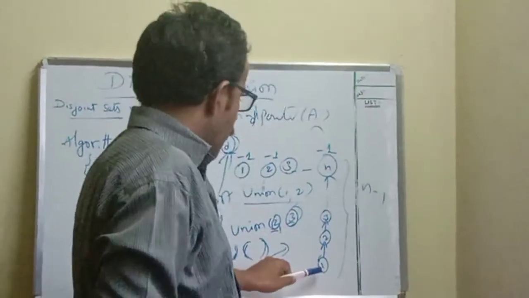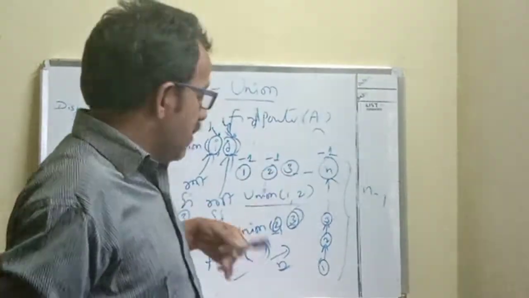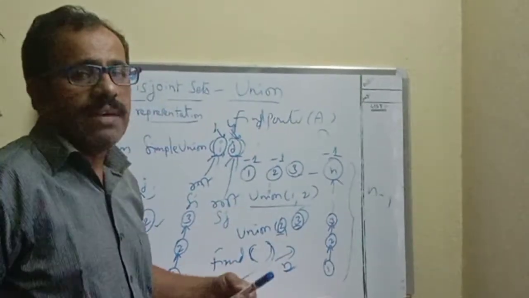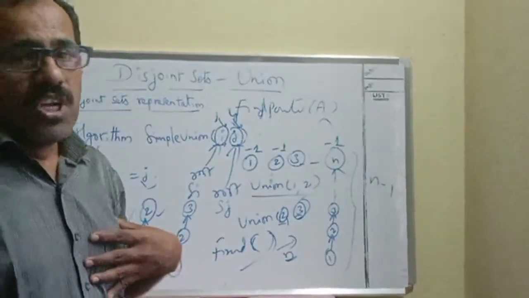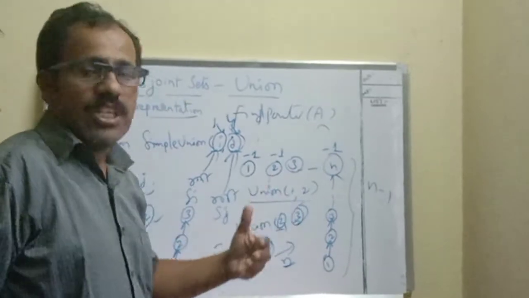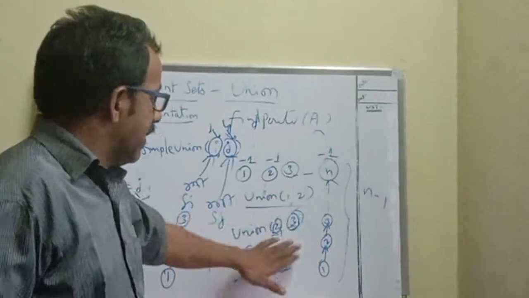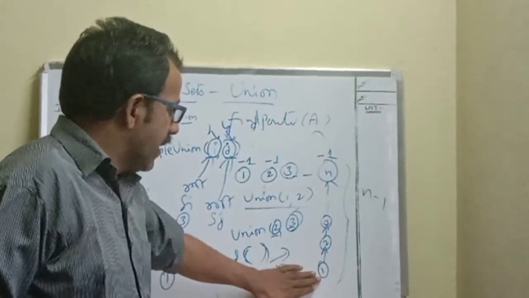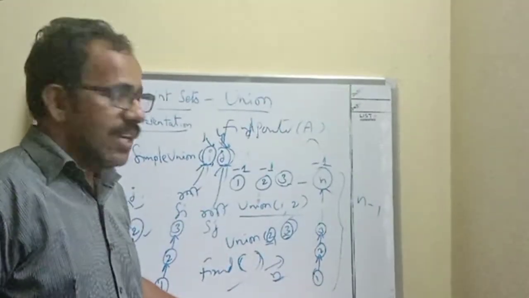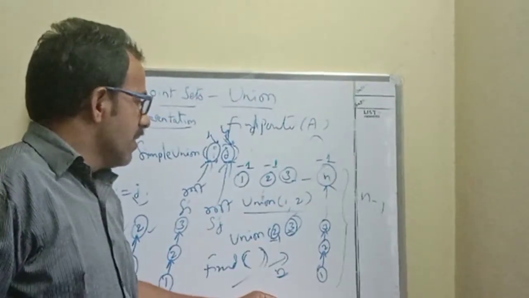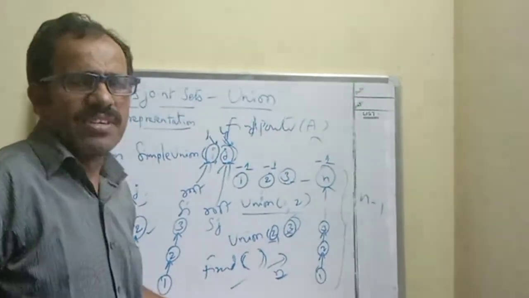For finding 1, I need to traverse to n. What do you mean by find of 1 or find of 2 or find of 3? Once after reaching the root, my target is displaying the set name. I converted the notation now: instead of displaying set name, we need to display the root node of the entire tree. Root node means again, I have to start at 1 and traverse all the nodes until reaching n. So if you want to find all n elements, then I need order of n square time. Order of n square time. This is the worst case tree structure format.